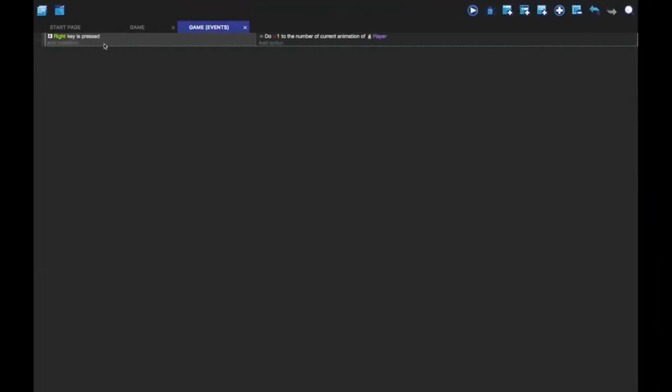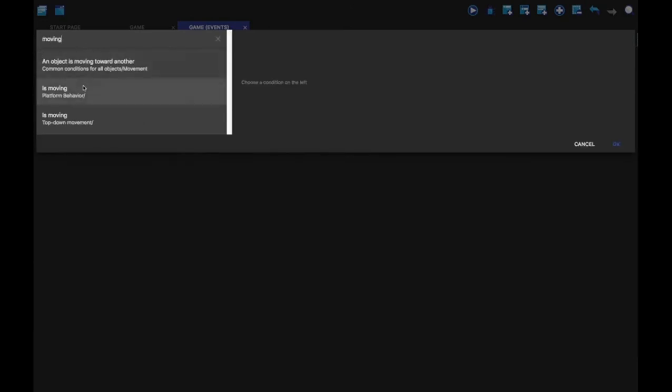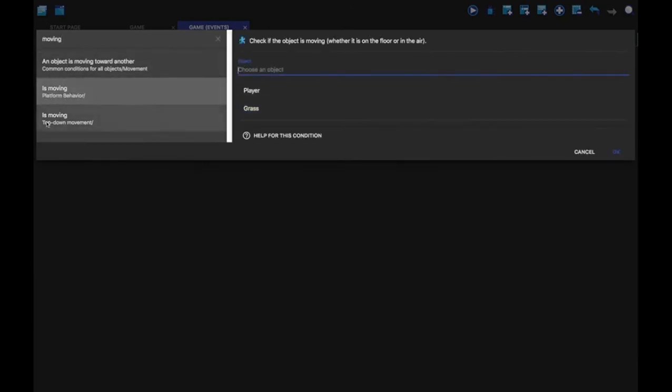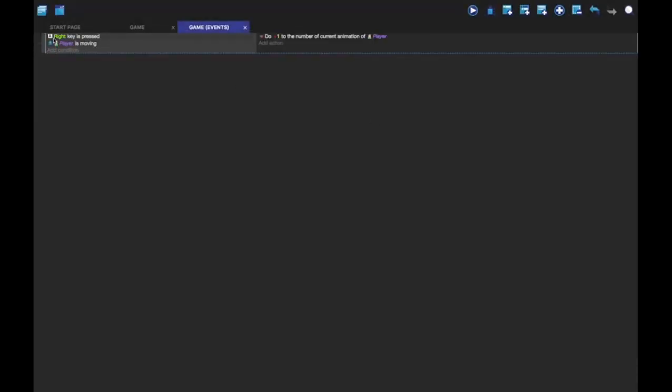Then next, follow an object with the camera. To prevent the character from falling out of the frame, the game needs platforms and a camera that follows the player. The next part of the tutorial is about platforms, so this section is about the camera. To make the camera follow the player, you need to create an event. In GDevelop, events let you define cause and effect. So when something happens, you can trigger something else to happen.